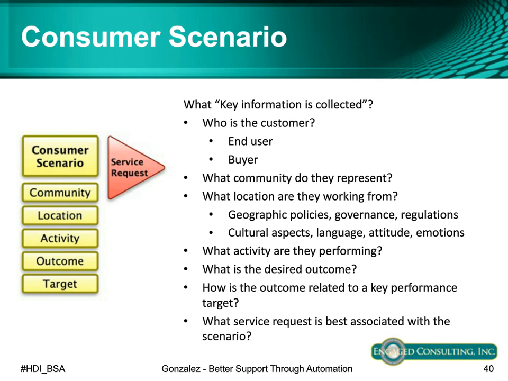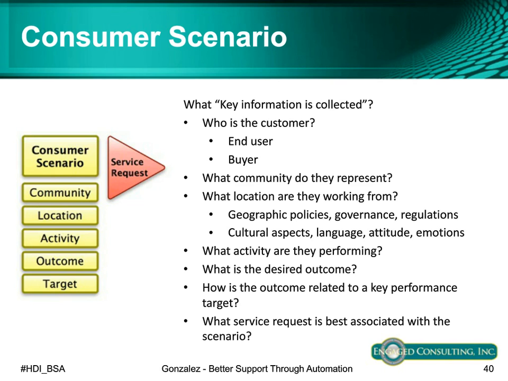That way you can understand and have a better context for who's on the other end of the phone or on the other end of your LogMeIn session or whatever technology you happen to be using for remote access. This does not have to be high tech, but again, this is another opportunity for automation. If you can automate it, so much the better, because now that knowledge is actually available to everybody else. This could be as simple as these questions on a paper sheet sitting in a binder somewhere. In some cases, that's the right business solution. As a matter of fact, you may want to do that to trial it and get started. But either way, the consumer scenario is where you want to start work, because that's what sets the context.